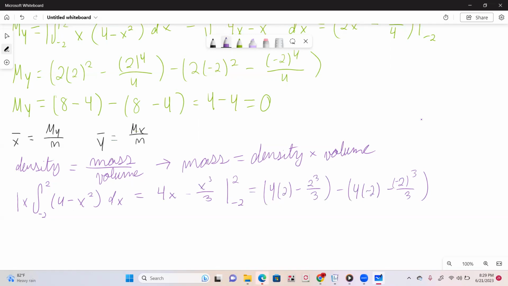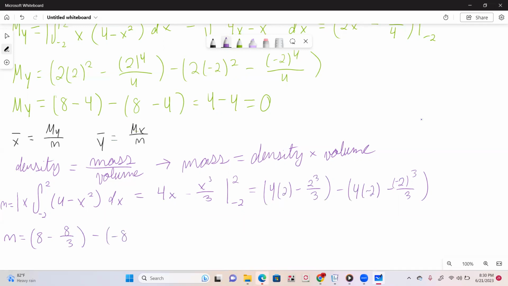So remember, this is equal to m. Probably should have written that. So m is equal to 4 times 2, 8. Got that. 2 cubed is also 8, over 3, minus